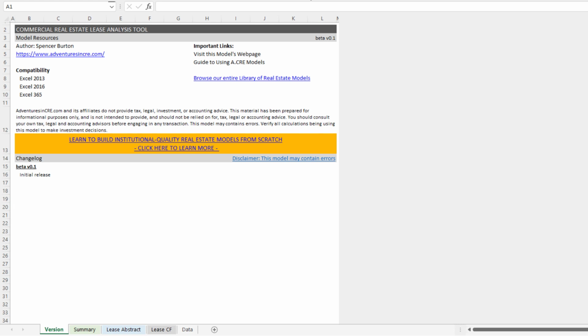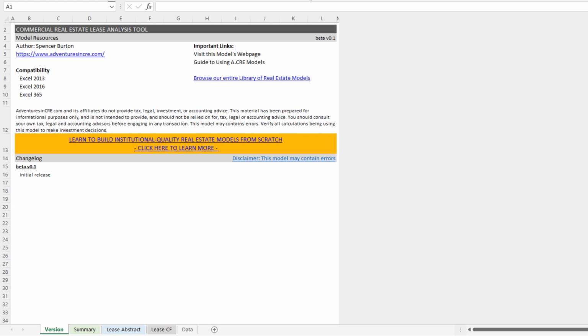And so I reached out to several tenant rep brokers that I've worked with in the past, asked for some guidance around what cash flows, what metrics matter to tenants, and that's the outputs that you'll see on the tenant side. But if there's more that you'd like to see, please let me know. The model is continually improving over time, and so if you see something you'd like changed either from the perspective of the landlord or the tenant, just shoot me a message and I'll include it in a future version